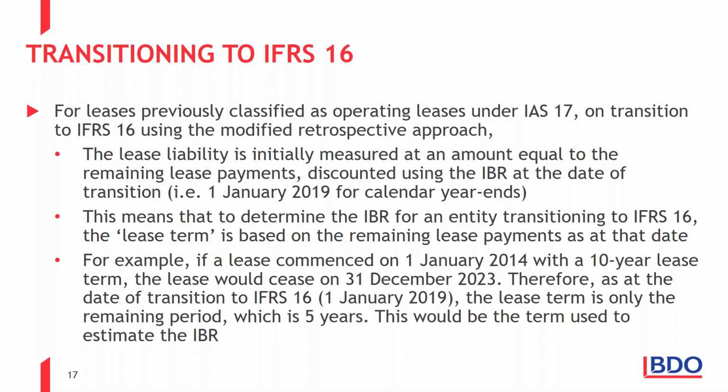So if you've got calendar year ends 31 December, you would come up with future payments after 1 January 2019, and you look at an incremental borrowing rate on 1 January 2019. So it's important, therefore, when you come up with your incremental borrowing rate on the date of transitioning, you'll have to look at remaining lease payments, and therefore also that will feed into the term that would impact your incremental